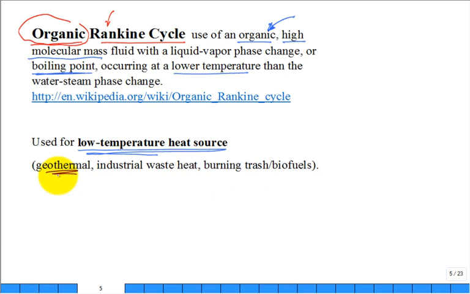So they have hot fluids down below the surface of the earth, drill a hole, tap into it, bring it up, put it through a power cycle, get some heat out of it, push it back down cooler than what you brought it up. Geothermal wells. Their temperatures are pretty low compared to what a coal plant can run at. Or maybe you're going to burn some industrial waste or trash or biofuels. Let's say you're going to burn some wood or paper products,